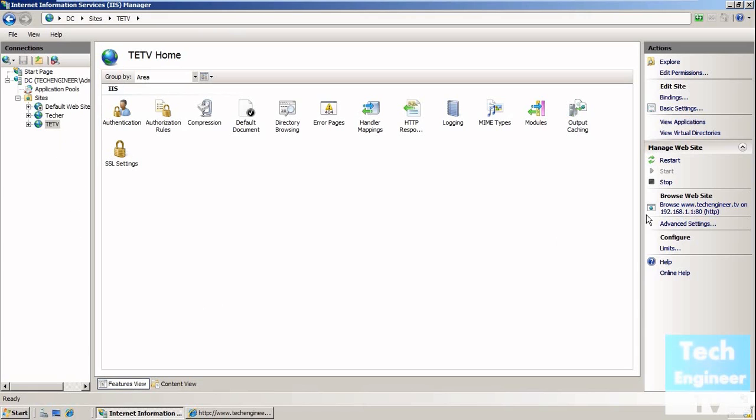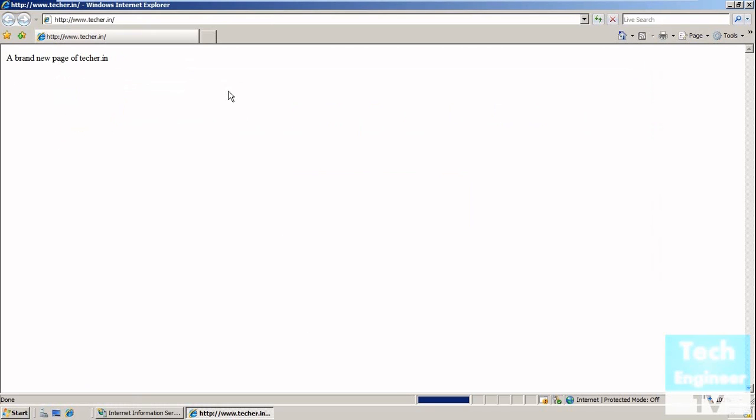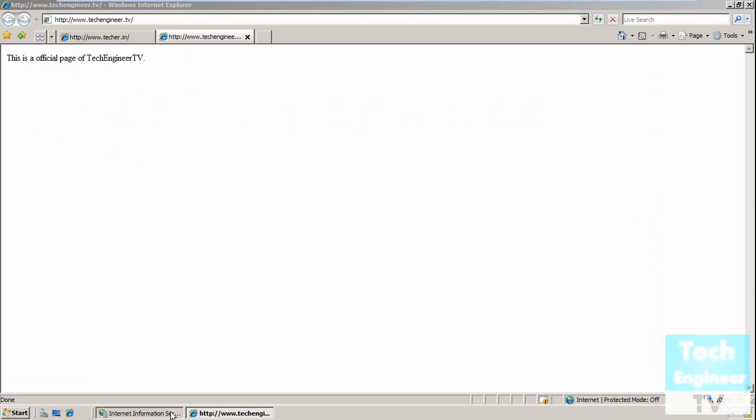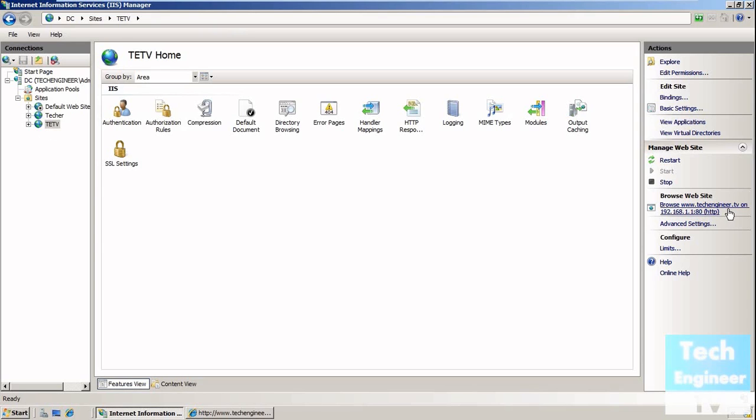So you can see these two sites in IIS, Taker and the techengineer.tv site. Both have the same IP, 192.168.1.1, and the same port number, 80. Both websites are opening and resolving the host name from DNS, and we just created a canonical name, a CNAME, which is hosted by the domain of the